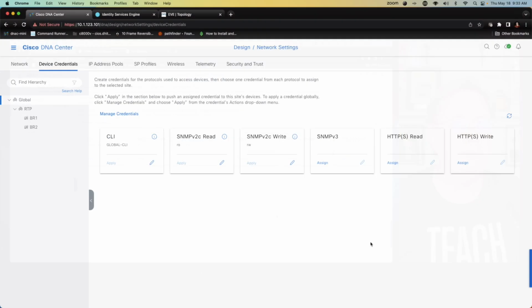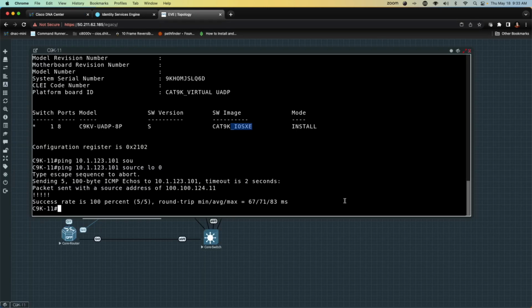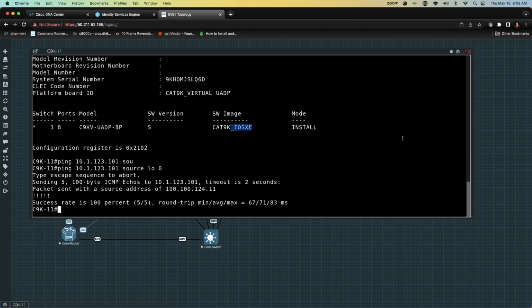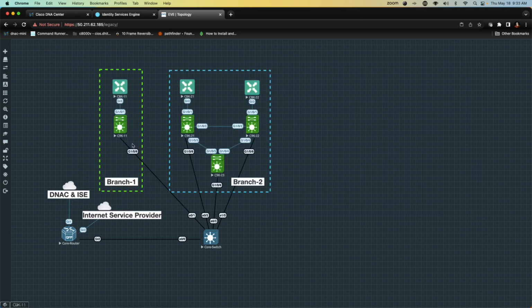I've been asked many, many times by several students whether or not they will be able to build a virtual environment. Now, again, if I go to EVE and we take a look at the configuration here, the 2 branch offices, I have the 4 Catalyst 9K switches connected to 3 Catalyst 8K switches, which will ultimately function as SD-WAN resources. So let's go ahead and